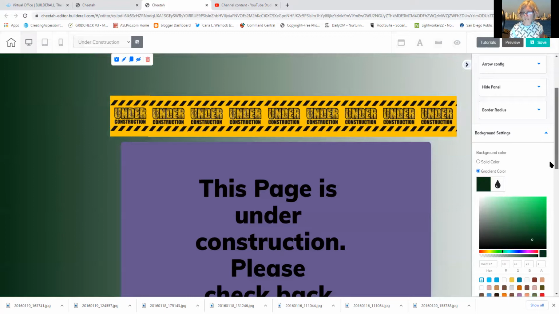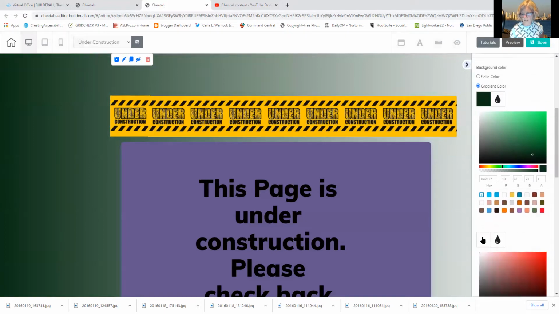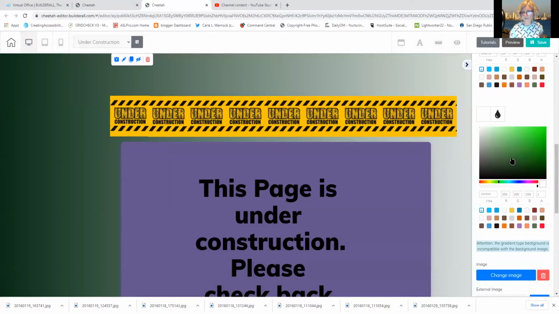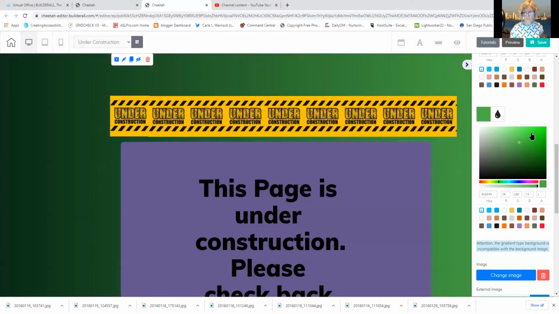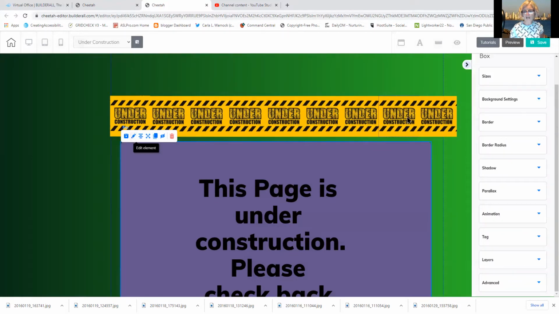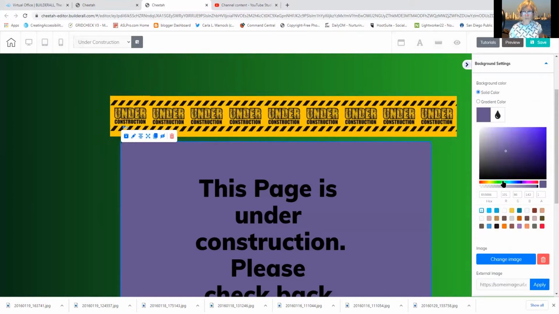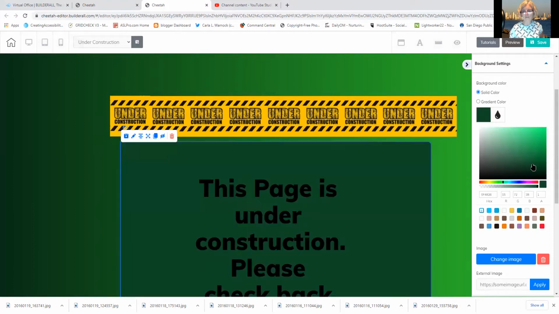I really like it. And then I'm going to come down here to this lighter color. And I'm going to come to the greens, and I'm going to click on a lighter color green. And I kind of love that gradient. And then what I'll do is I'll click this box and I'll edit that. And I'll go to background settings and I'll put that a different color that matches what we're working on a little bit better. And that's how you can use your personal elements to